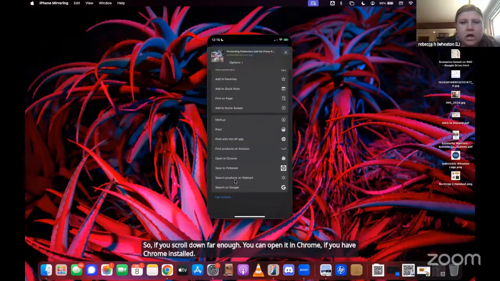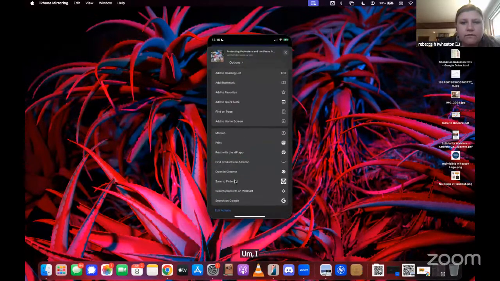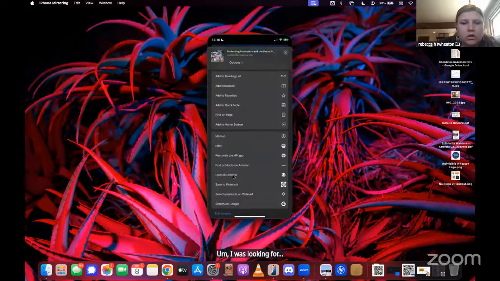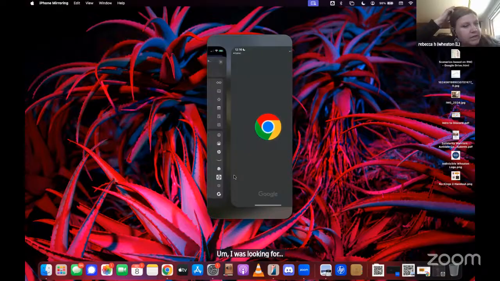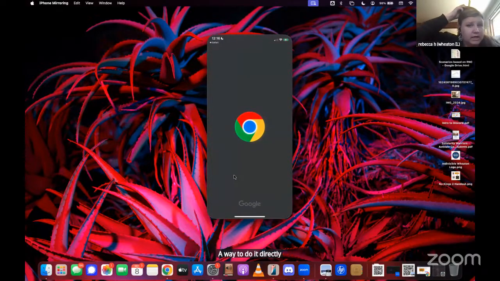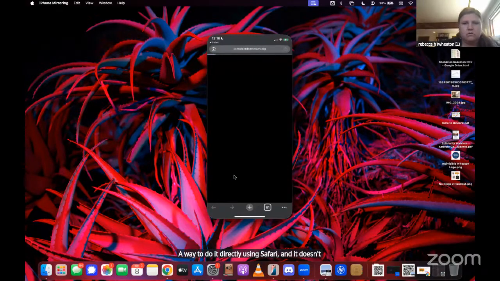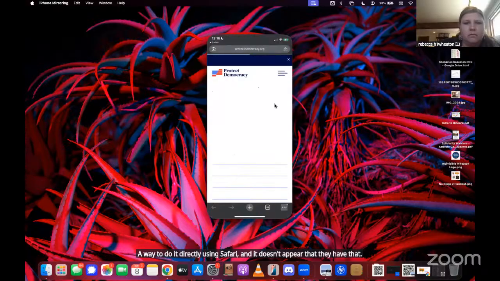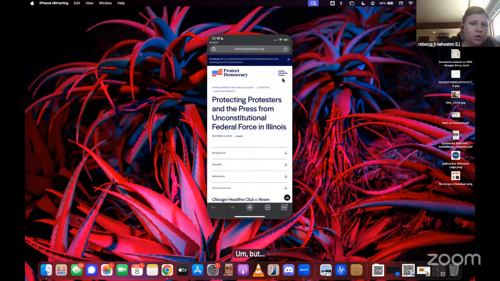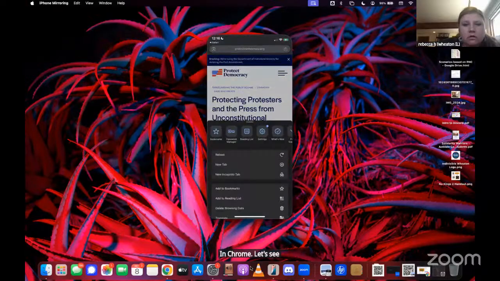I was looking for a way to do it directly using Safari, and it doesn't appear that they have that. But once you open it in Chrome, let's see. If you click those three dots,